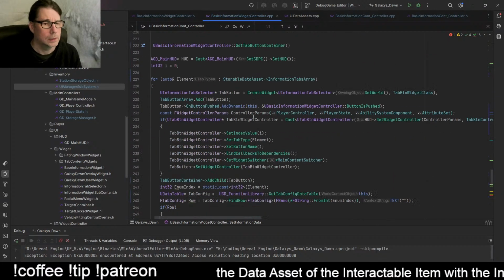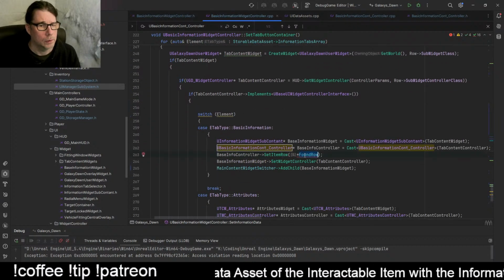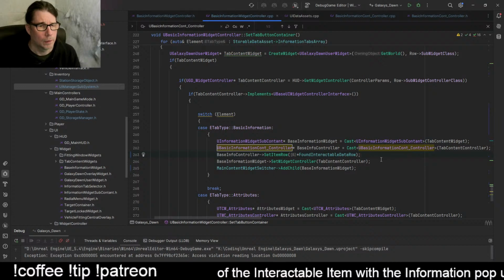Need to do that right now. And as we work our way through, then we get that, then we set the widget controller. And with the tab content,